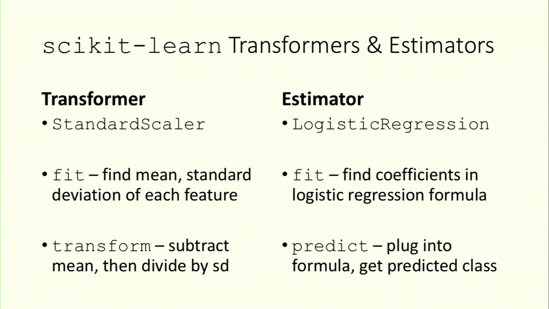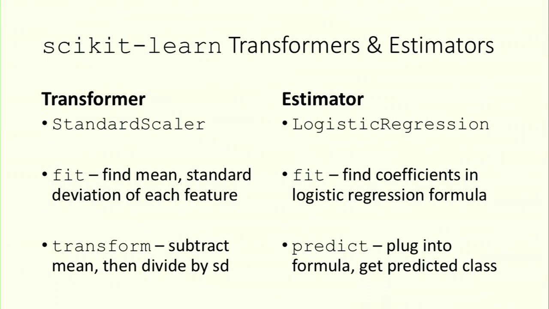What's great about the standard scaler is it puts all of your features on the same scale, which means, say if you're fitting a regression model, you can interpret the coefficients to be related to the strength of the feature